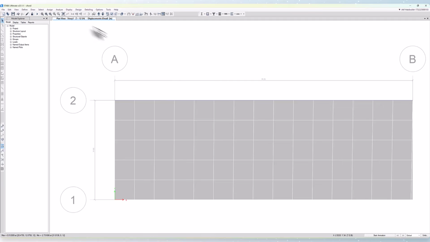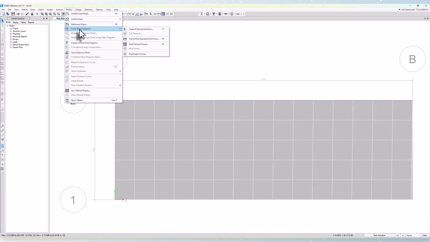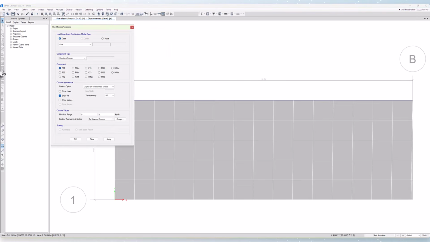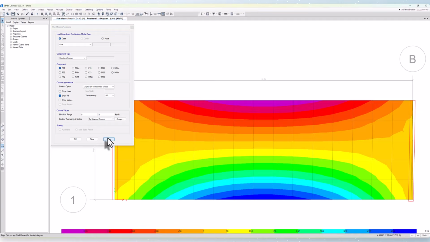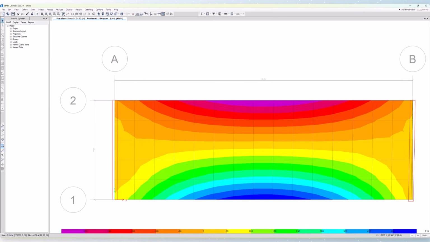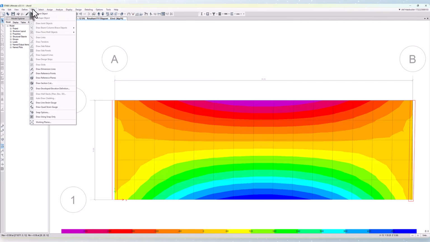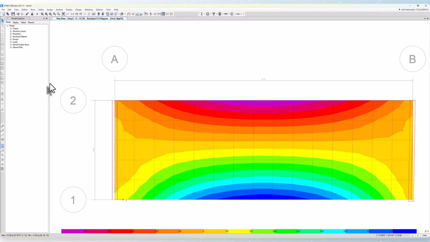Now, to look at some output, we'll go to Display, Force Stress Diagrams, Shell Stress Forces. And we'll click on the F11 component. Next, where maximum chord forces are expected, let's draw a section cut. To do that, we'll go to Draw Section Cut,